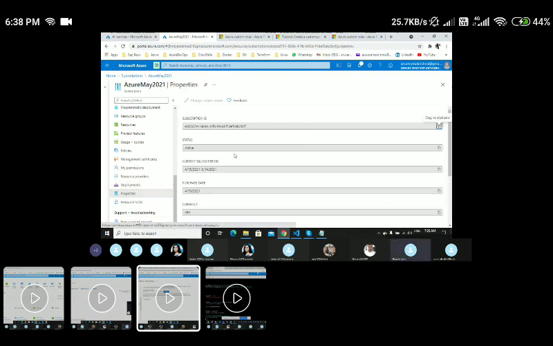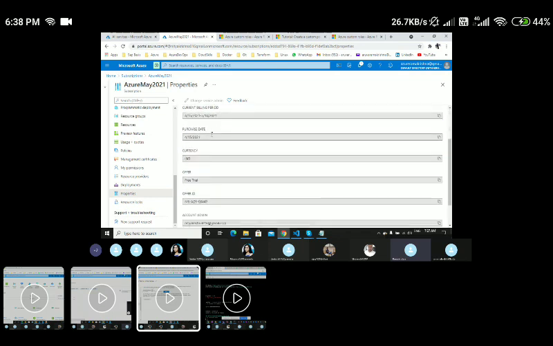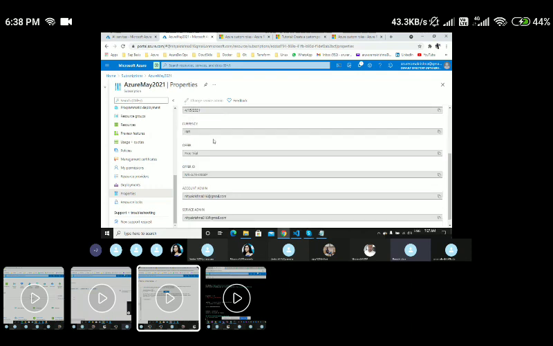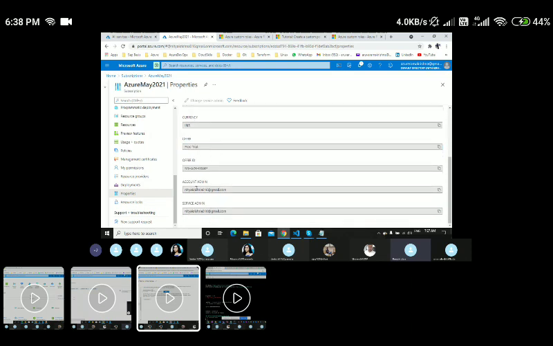And if I come to the properties page, here I will be able to see all the properties like the subscription ID, subscription status, what is the billing period, when this particular subscription was created, in which currency, what is the offer type, is it a retail account, and who is the account admin. He's the person who created this particular subscription. That is the reason it is showing as account admin. And if you create a subscription, it will show you as account admin only.